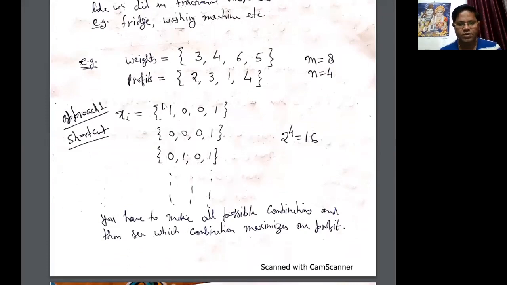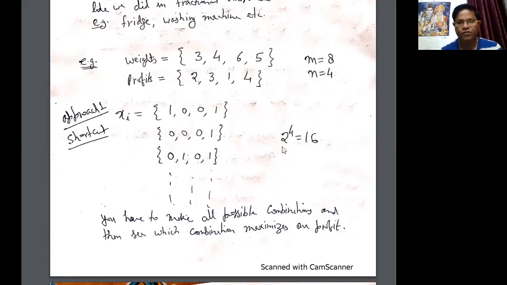So first, in the shortcut method, we have to check various options, and that depends upon the total number of items. Here the total number of items is 4. It means there are a total of 2 raised to the power 4 combinations, that is equal to 16. We write each combination in 4 binary digits, either 1 or 0. 1 means we are picking that item, and 0 means we are not picking that item. If you know binary concepts, you already know how many total combinations are possible.